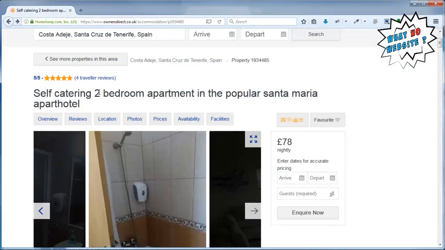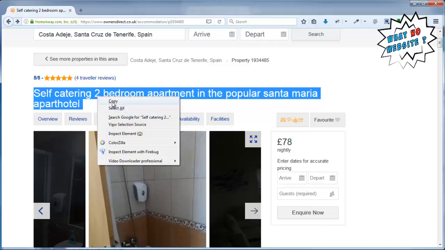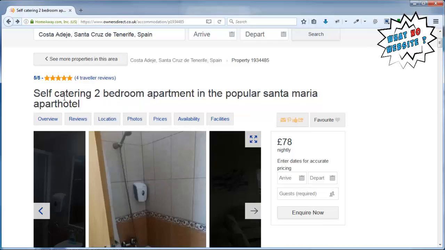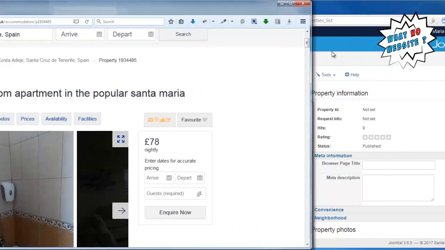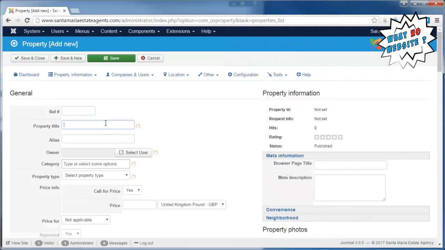what we're looking for. If you have a look here, we have self-catering 2-bed apartment in the popular Santana Apart Hotel. So we're going to copy all of that, and if anybody's searching for, say, a 2-bed apartment, self-catering, Apart Hotel, Santa Maria, Kosterdeke, all of that will turn up in the search results. And if there are other properties of a similar nature in the same location but not as well optimized, your apartment of course goes to the top of the search results. So let's just paste that in there. Okay, we've got that in, and